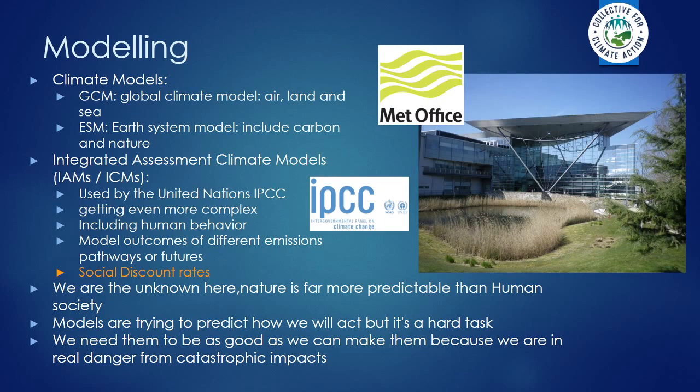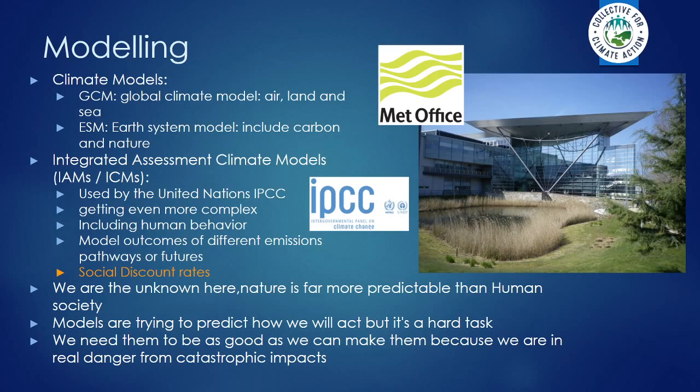Now, modern economics generally states that we can have economic growth in perpetuity. And there is a problem with that, because it incorporates something called discount rates, or social discounting, into the modelling process. A social discount rate is basically us saying the economy is going to grow, things are going to be cheaper to do because we're going to be better at doing them, because we're going to be more technologically advanced. So it's going to be much easier for people in future to do any kind of carbon capture work, any kind of innovation, because it'll be cheaper for them, they'll be better at doing it, there'll be more money floating around, and there'll be more people to do it.